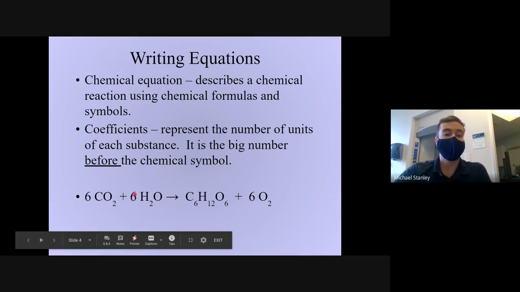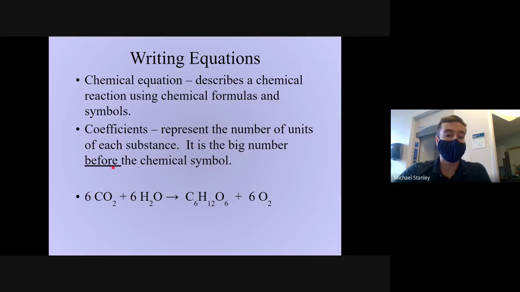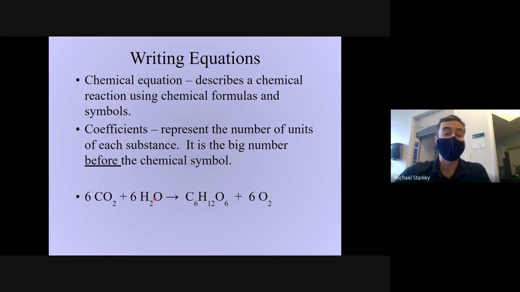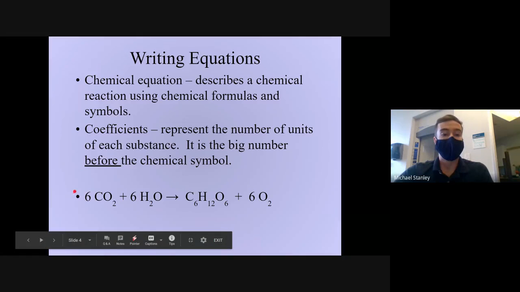These are coefficients, big numbers in front of each of these chemicals, and they're telling us how many of each chemical there are. So we have 6 carbon dioxide compounds, 6 water compounds,